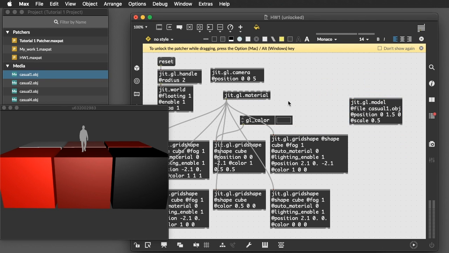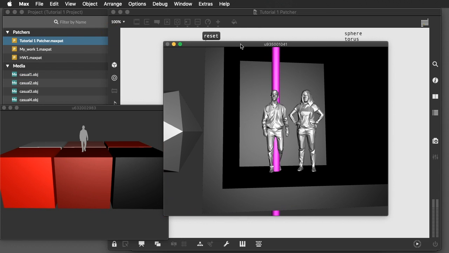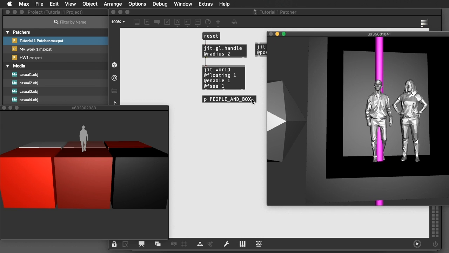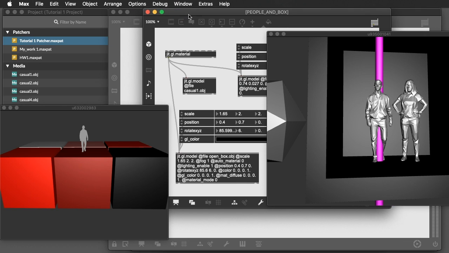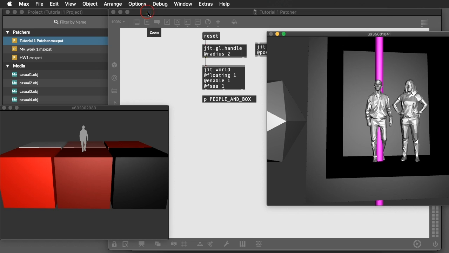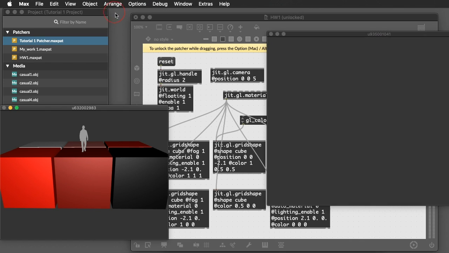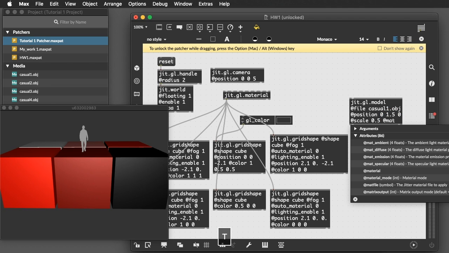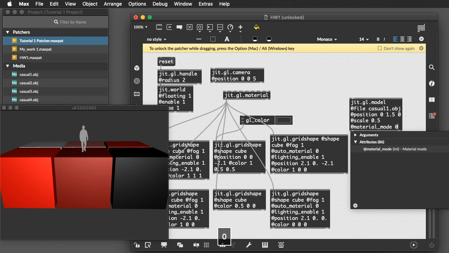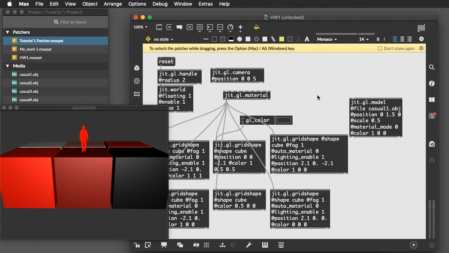What was that attribute? I'm going to go back and look at it in the tutorial patcher. That attribute that has to be changed to allow models to be colored. Here it is, material mode 0. Okay, so I'm going to go in here and make this model material mode 0 at color 100. Done. So now save this as homework 1